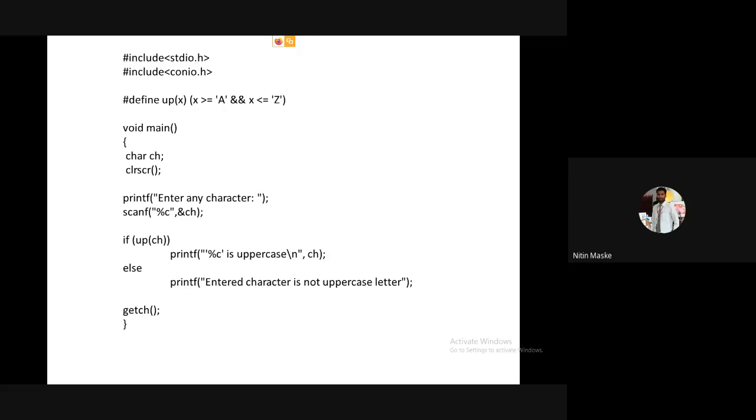Okay, now you can see here the third line. See the third line. That indicates what? The definition of the macro. We have defined one macro. The name of the macro is up, because I am checking uppercase letter, so I have given the name up to the macro. You can give any name to the macro. In the bracket of the macro, we have passed one variable. So this variable